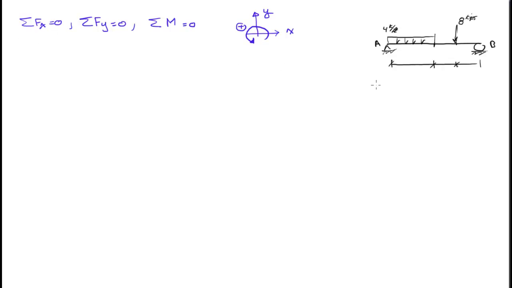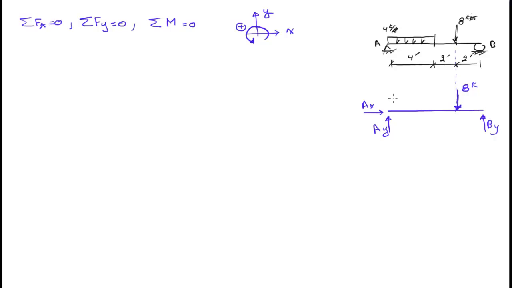Okay, let's first draw the free body diagram for this beam. Oh, I forgot to put the lengths here. So let's say this is 4 feet, 2 feet, and 2 feet. Okay, the free body diagram for this beam should look something like this. That's the beam. What kind of reactions do we have at the hinge? At A, we have AX, we have AY, and of course here we have a BY. And from this one right here we do have 8 kips,